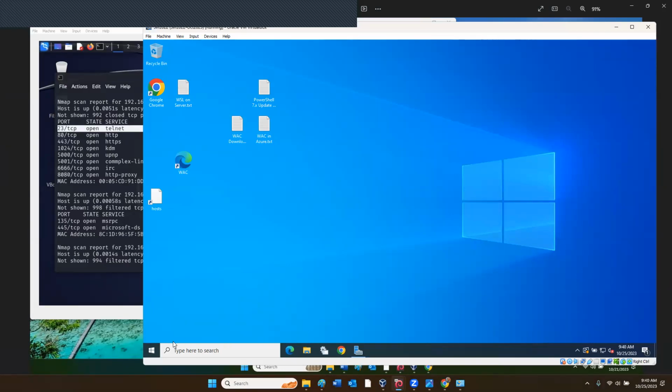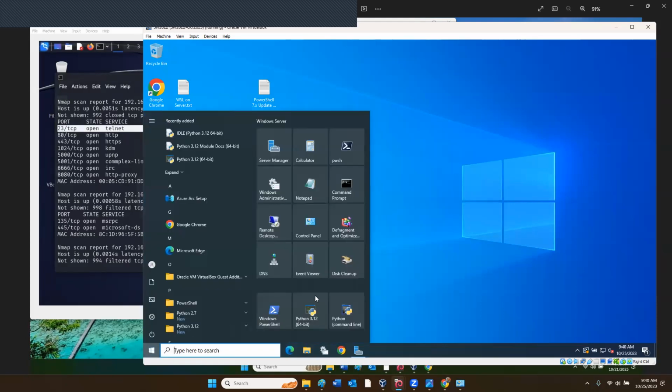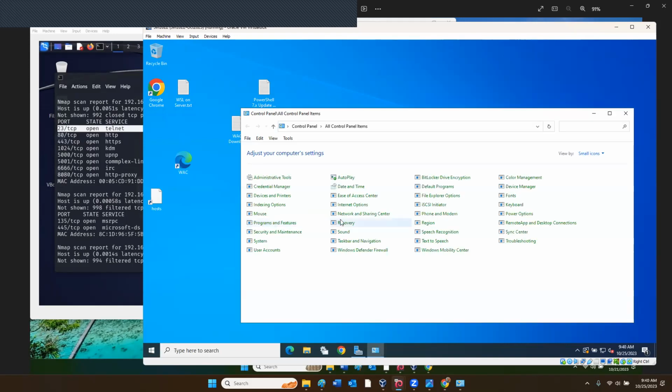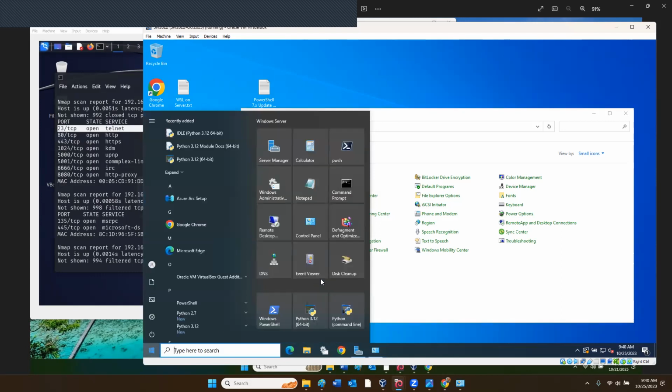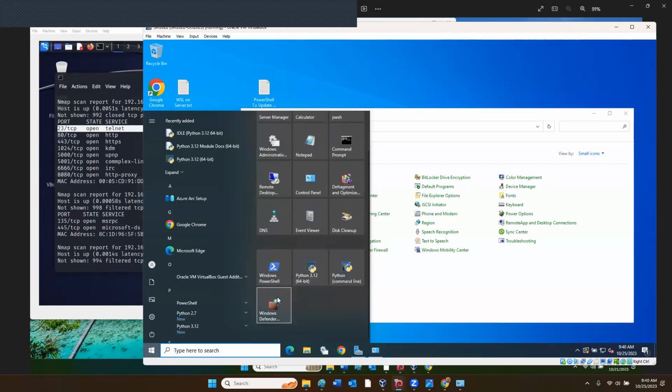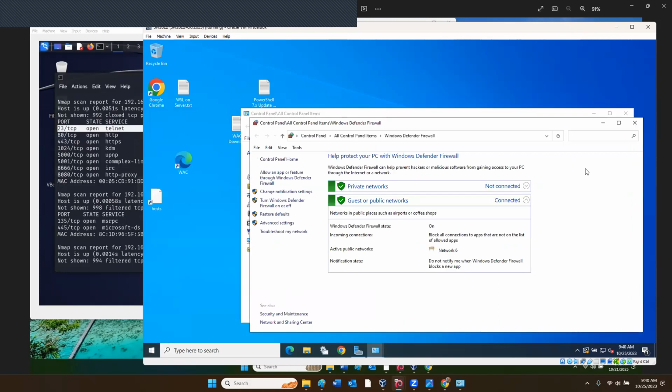And so if I go into my firewall, you're probably going to need to go in and out of the firewall quite a bit. So one thing you're going to want to do on your virtual machine is, once you get into this screen, you'll want to right click and pin to the start. So it's on the start menu, right? It's more easily accessible. So I'm going to go ahead and open this up. If I look at the advanced settings,